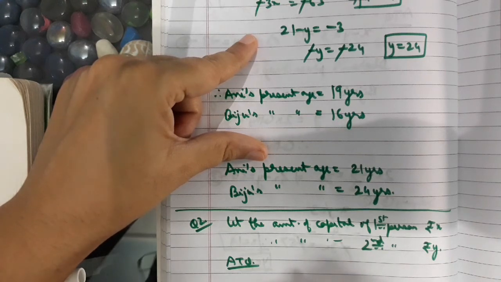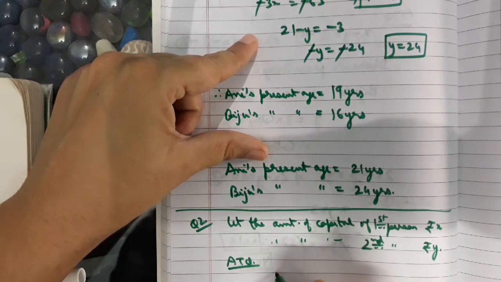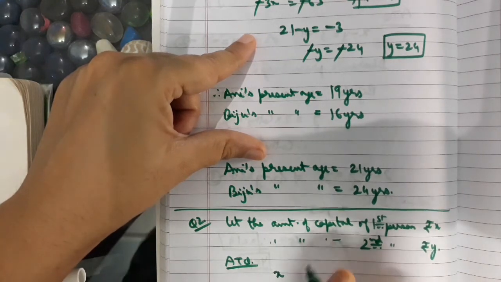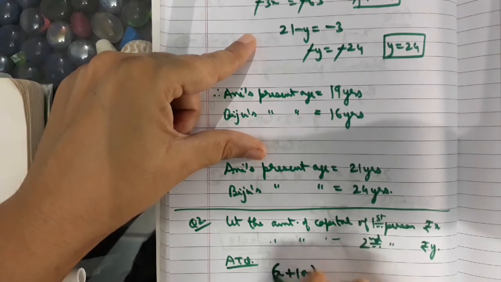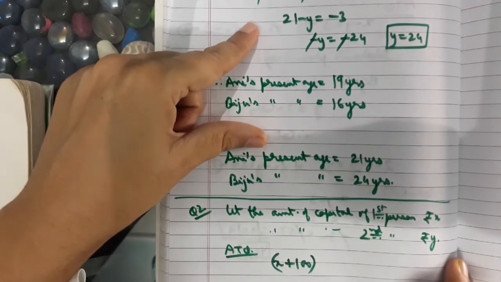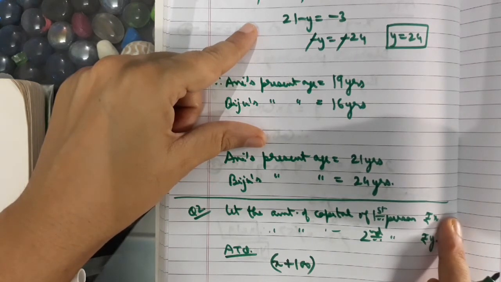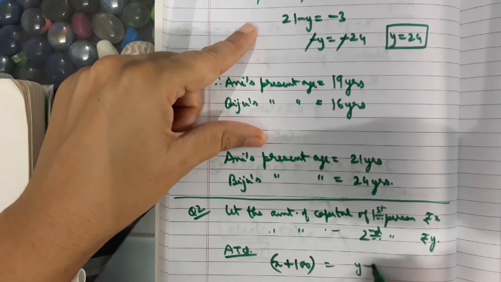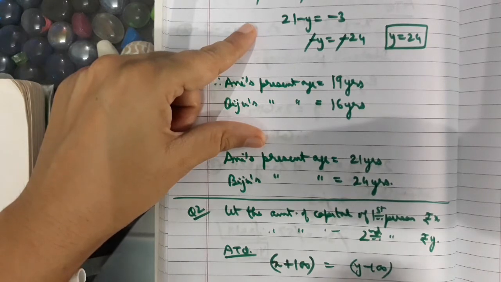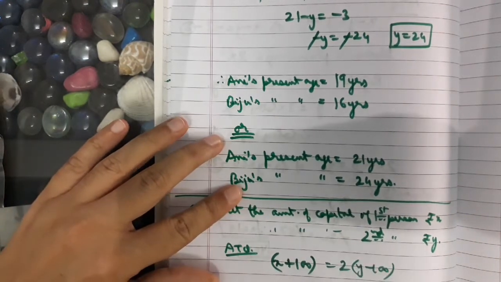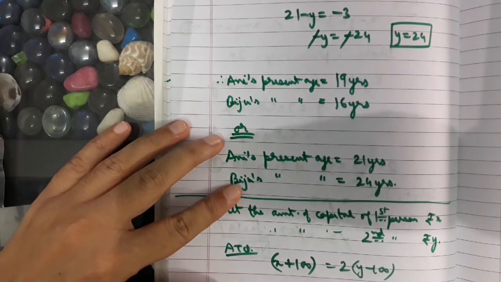Now let us form the equations. So now the first person is saying, give me 100 friend. So at present, how much money is the first person having? X. Now if he gets 100, the money with the first person is X plus 100. If the second person gives away 100 rupees, how much money is left with the second person? Y minus 100 is left with the second person. But they are saying, I shall become twice as rich as you. So this is the first equation that we obtain.